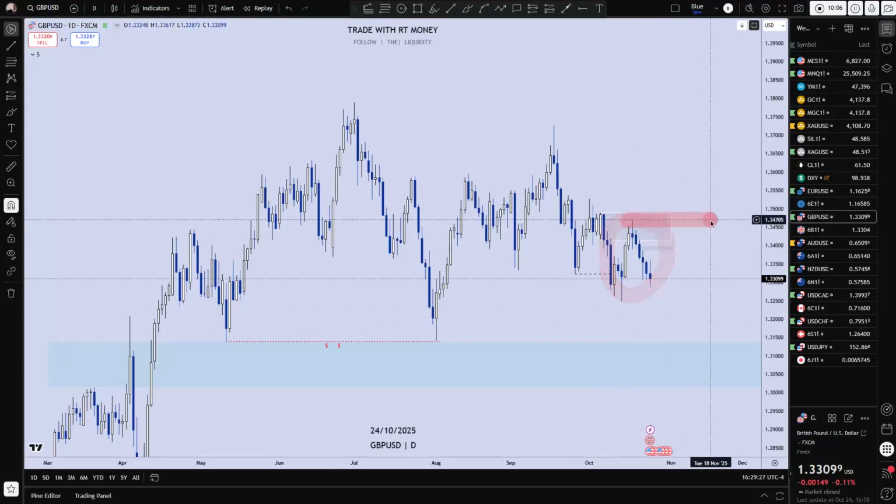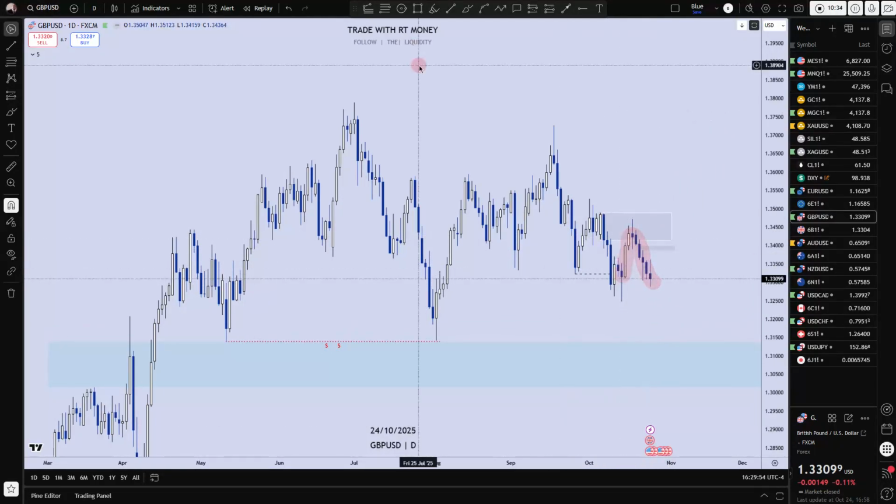Once we break the high of this order block, my bias changes automatically. If we take out this high, or if we come towards this high, I'm not looking for shorts at that point. And if we take out the protected high of the order block, then I'll be looking for longs. But until that happens, I'm looking for, you see this buy up and this sell off,